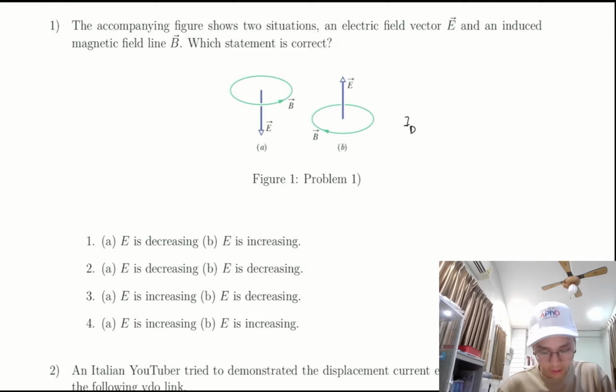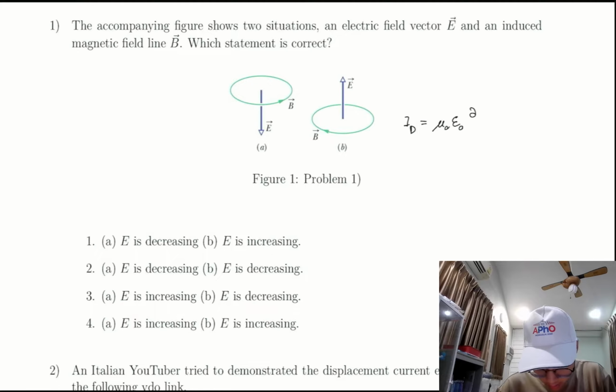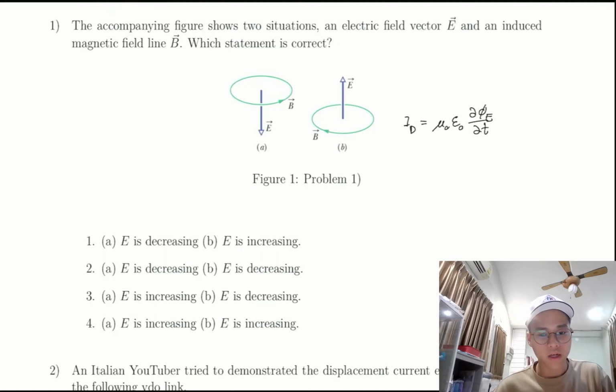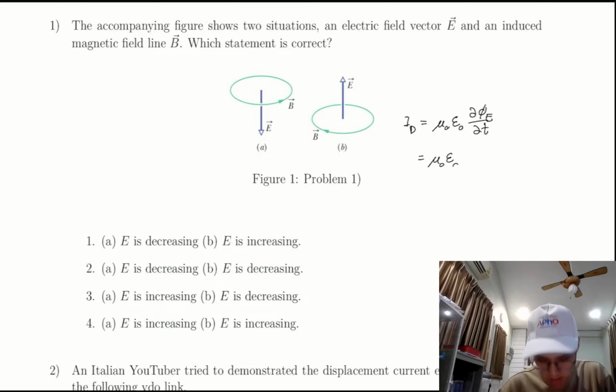The displacement current, or I_D, is equal to mu 0 epsilon 0 dΦ by dt. The constant doesn't matter. What we are looking for is the direction of the rate of change of electric flux. Well, the area is constant, so we don't care about the area. What we really care about is the electric field. So I can simplify it as A times dE by dt. Okay, so let's see the direction of